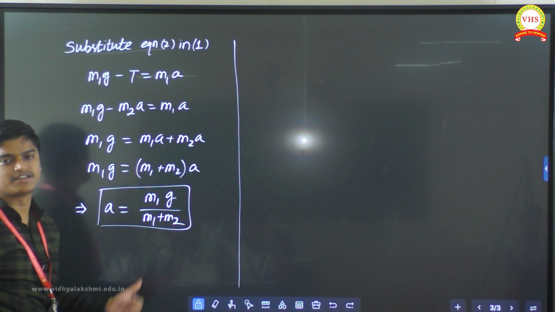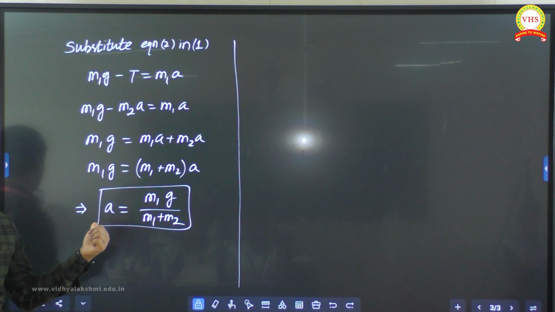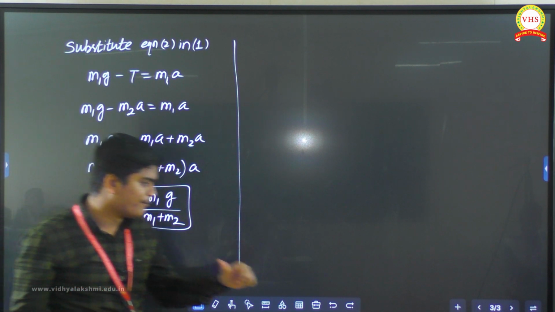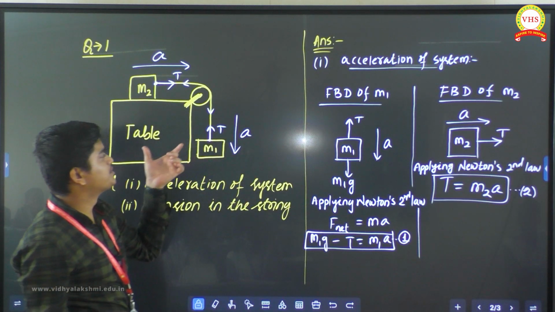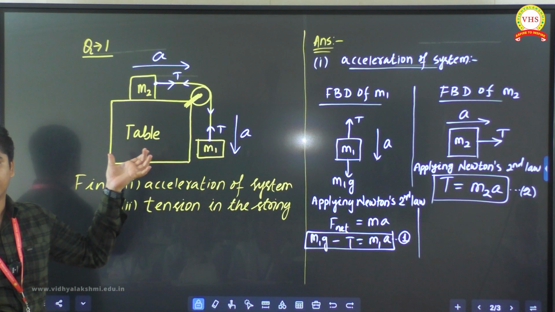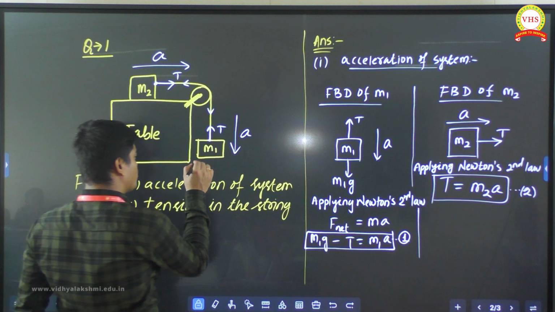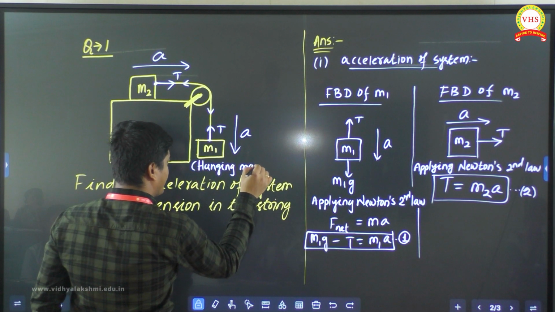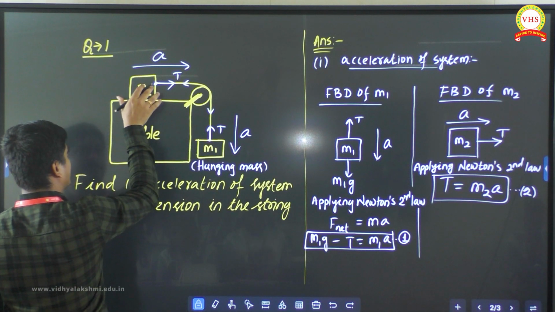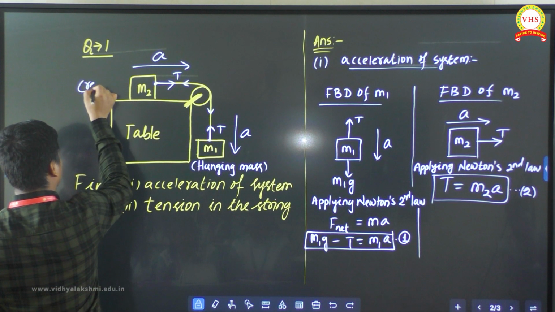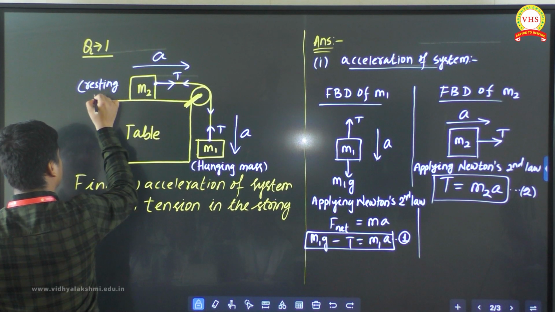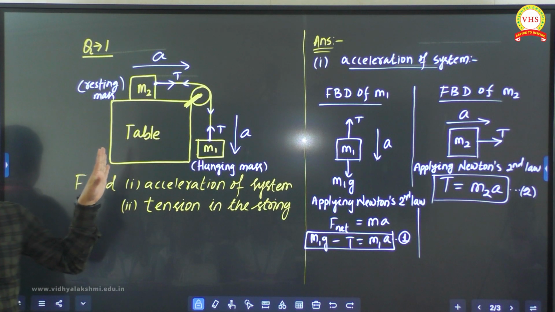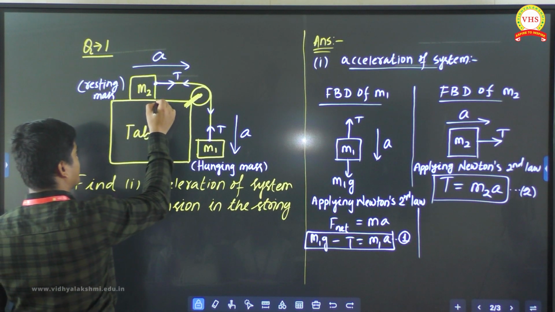Now next we will find tension. Okay, this is what you got, right? Yes or no? And this acceleration also I'll tell you to remember from this picture. If this picture is like this, all of you listen. Here one mass is hanging, so let me write this is hanging mass. And one mass is on the table. Now suppose this is your resting mass. And here this is a smooth surface. No friction is here.